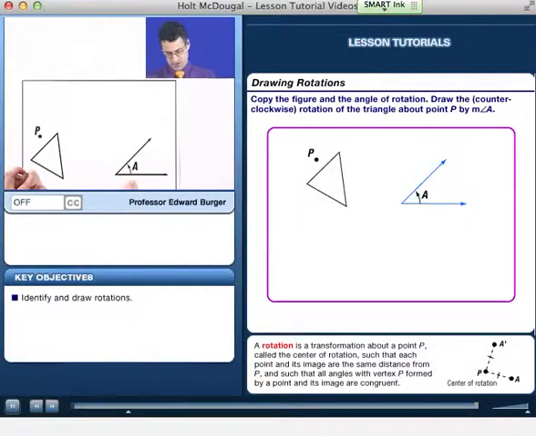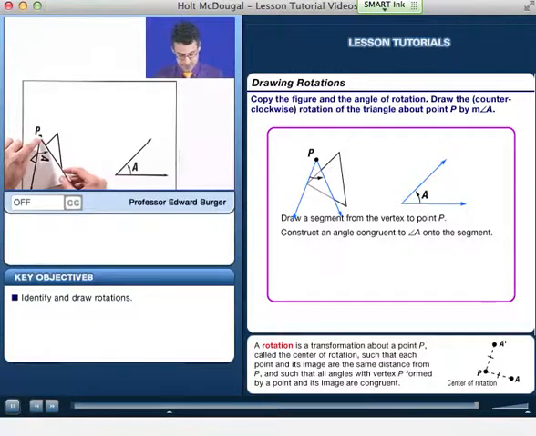And what I want us to do is take this triangle and rotate it around this point by this angle. So it kind of has to go up a little bit. Well, what I did here was I actually copied the angle. You can see here's the angle perfectly. And all I have to do is place this vertex of the angle at the point P,